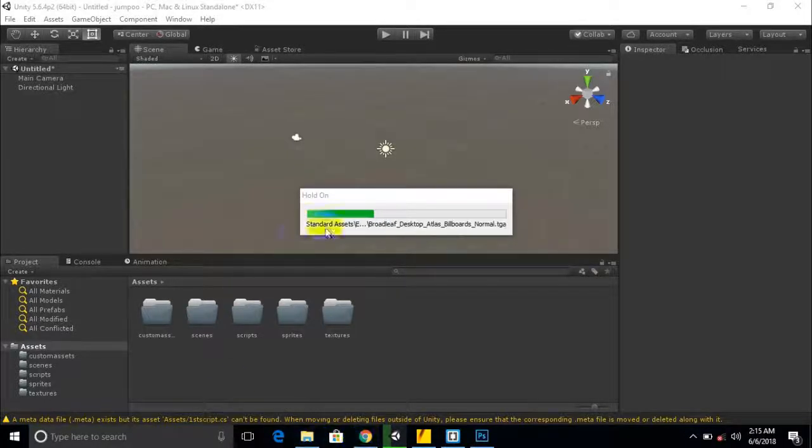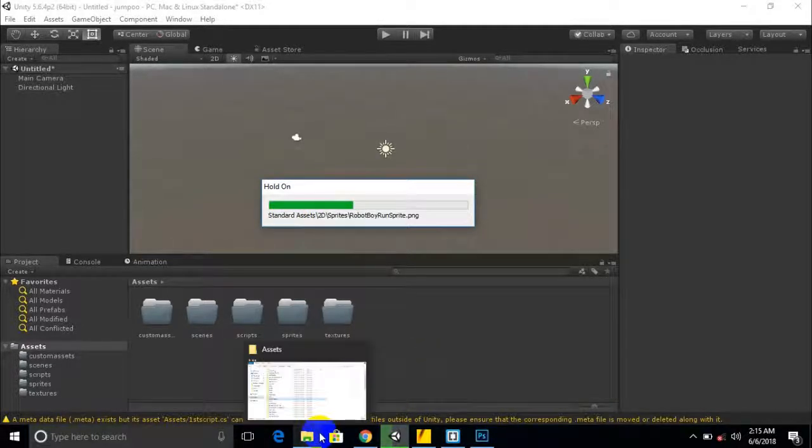I already have those things ready. This whole project I will definitely place on the Unity asset store, so you can download and use this project in your projects.